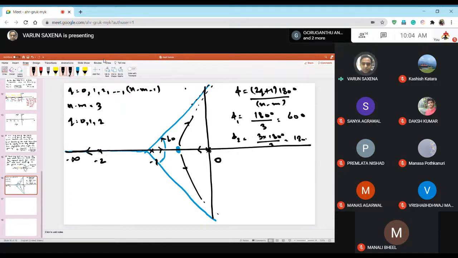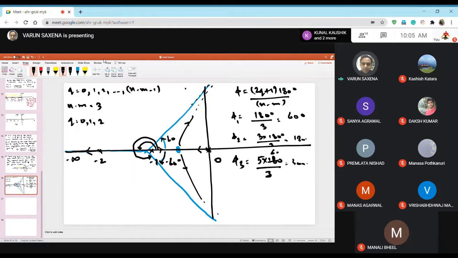And if you evaluate the third asymptote, then you put q equal to 2. That is 5 into 180 divided by 3, which is 300 degrees. So you can just say that this angle is minus 60. Or you could say that there is one asymptote that goes like this, and then there is another asymptote that goes like this. So then you come to this line.